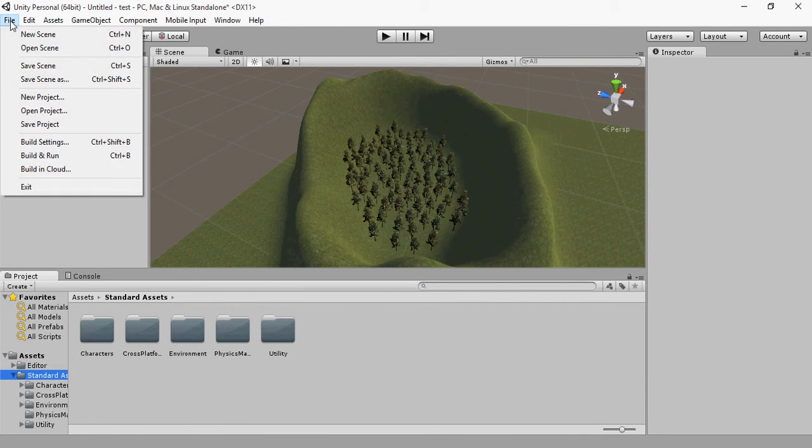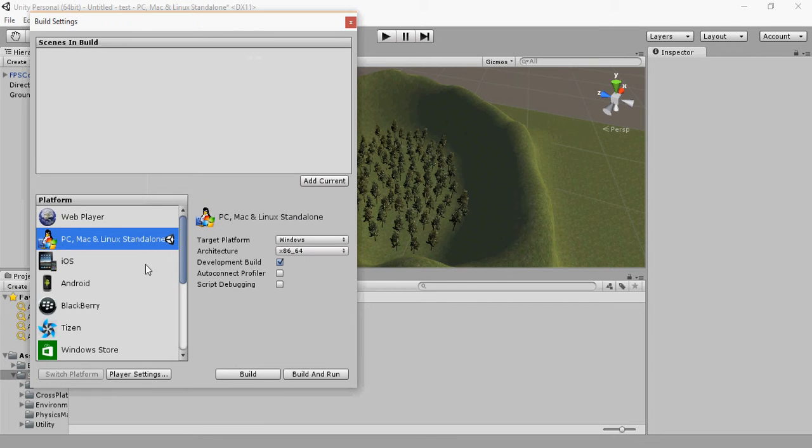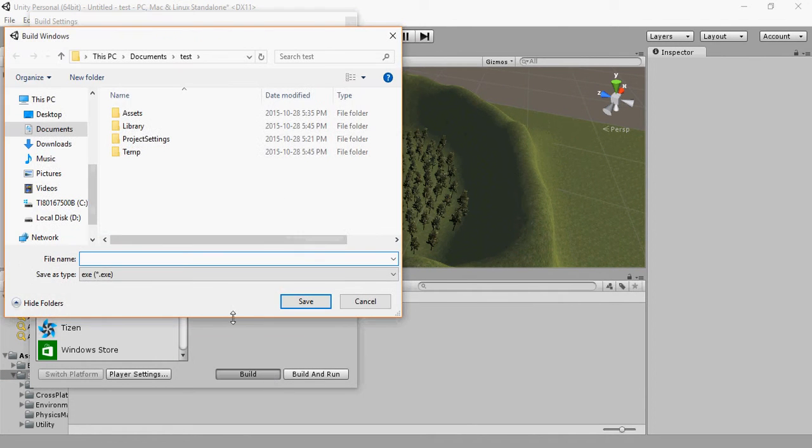Anyway, so let's see how this build will go. Probably not going to go well, but once you've got all that done, you basically just press build. That'll pop up. So I'm going to type in